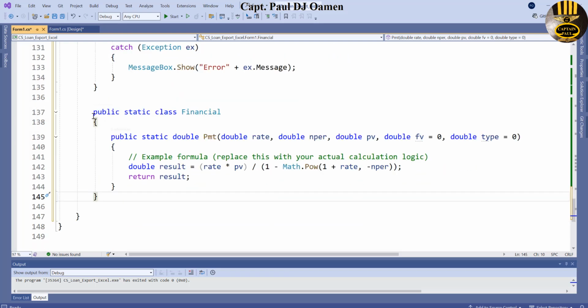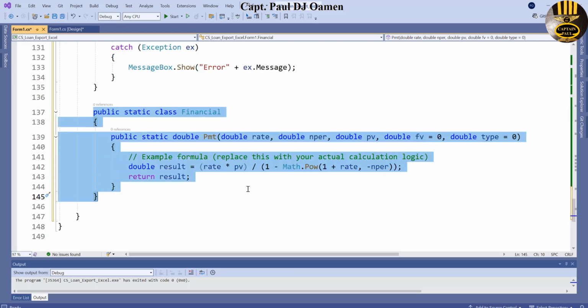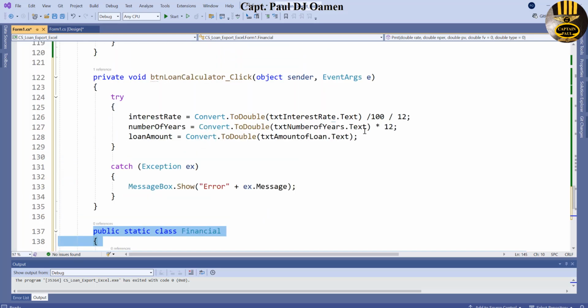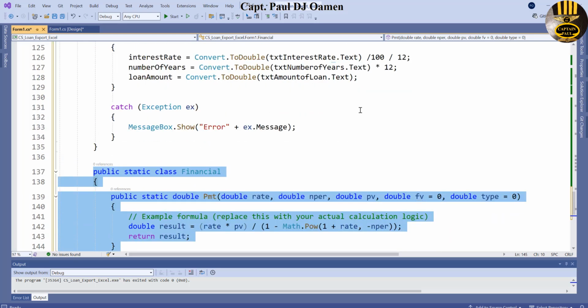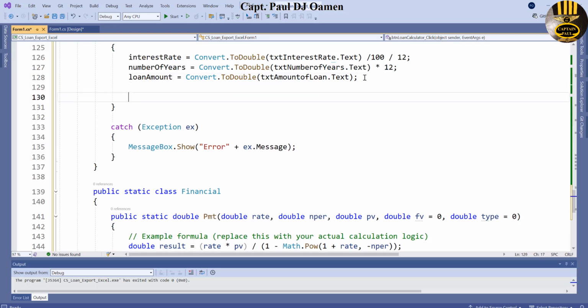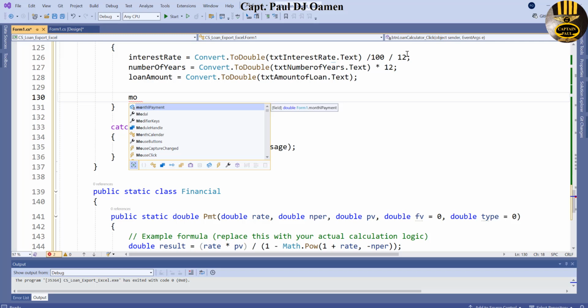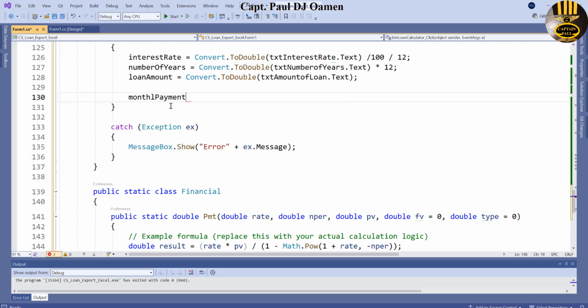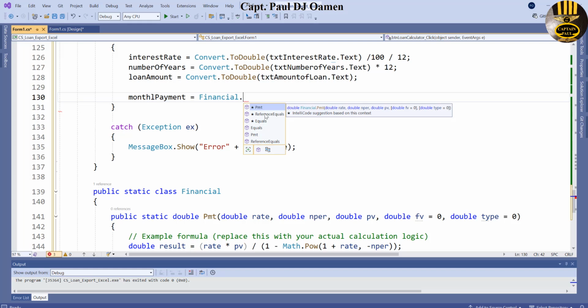That is the function that you will use to calculate the loan itself. So underneath here now, let's say monthly payment, that is going to be equals Financial.PMT,